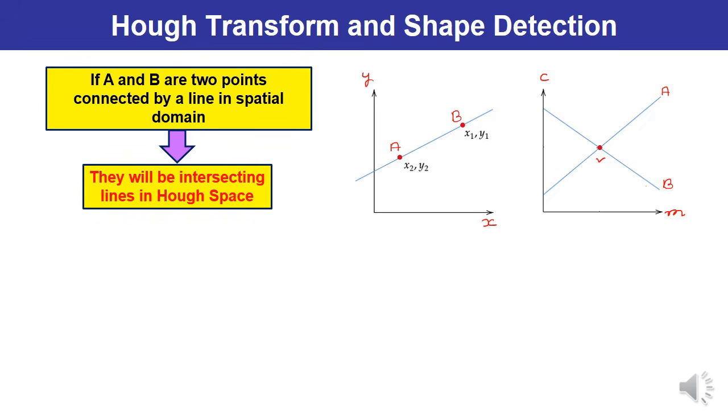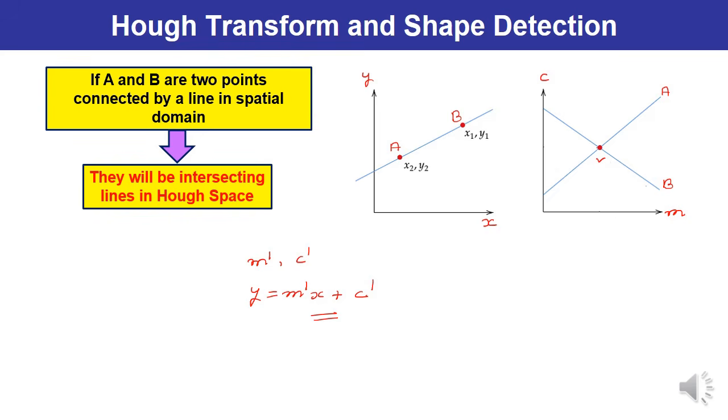It means the overall mc plane must be partitioned into accumulator cells, and then for each and every point the accumulator element is calculated. It must be incremented by 1, and the largest value that you get, the largest value of the accumulator, can be written as m dash comma c dash. The significance of this particular point is that it tells us about the line equation of the xy space, and the line equation of the xy space is what? y is nothing but m dash x plus c dash. This is how you can understand it.